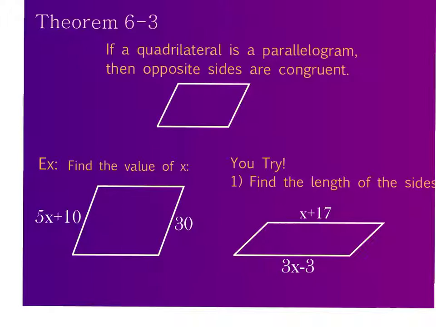So our first theorem is theorem 6.3, and it says, if a quadrilateral is a parallelogram, then opposite sides are congruent. That's important. Opposite sides are congruent is a property of all parallelograms. Opposite sides are congruent. I would underline that, highlight that, box that, something. That's important. So if I know my opposite sides are congruent, then when I look at this first example, I know that 5x plus 10